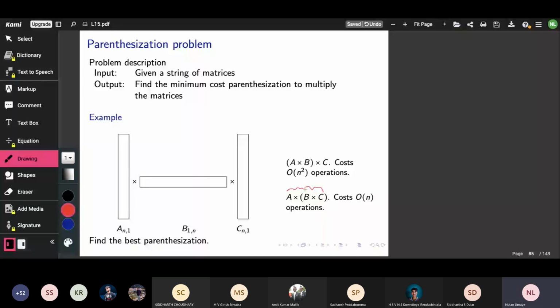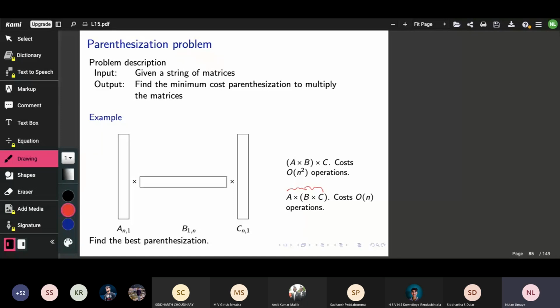So the picture here demonstrates that not all parenthesizations are equal when I'm trying to do matrix multiplication. One parenthesization intermediately computes a very large matrix, whereas the other one never computes a large matrix. If I were to look at longer strings, you can imagine that there are exponentially many possible ways of parenthesizing. In fact, the number of ways is very close to something you would have seen in your combinatorics course, namely the Catalan number. So that's an exponentially growing number.